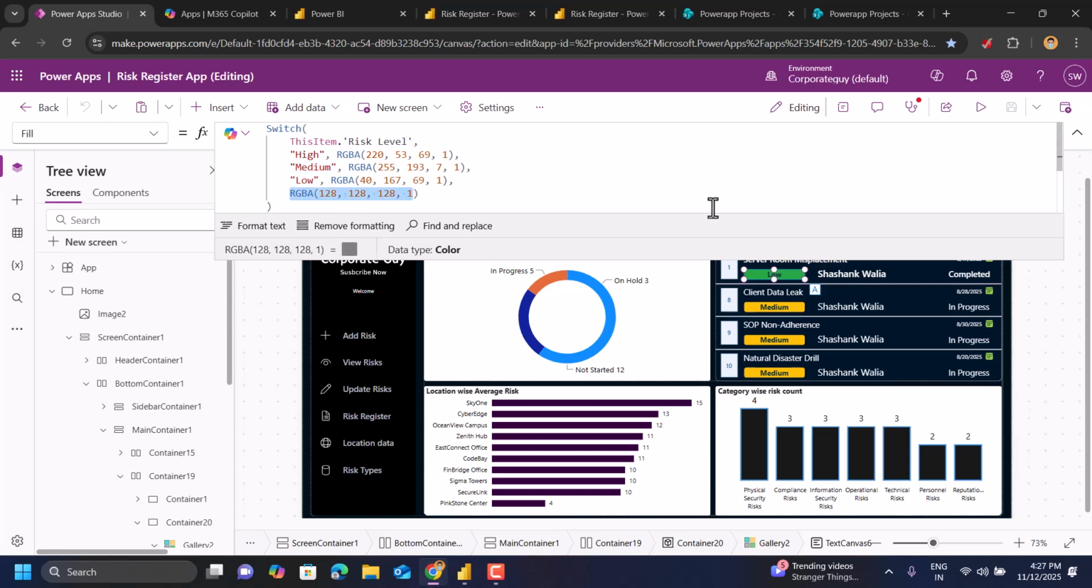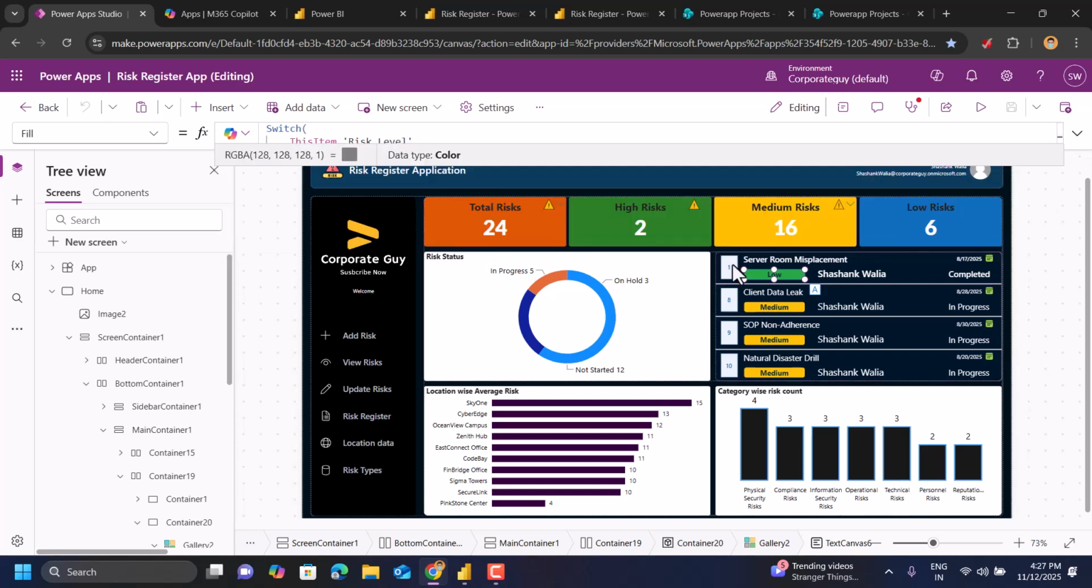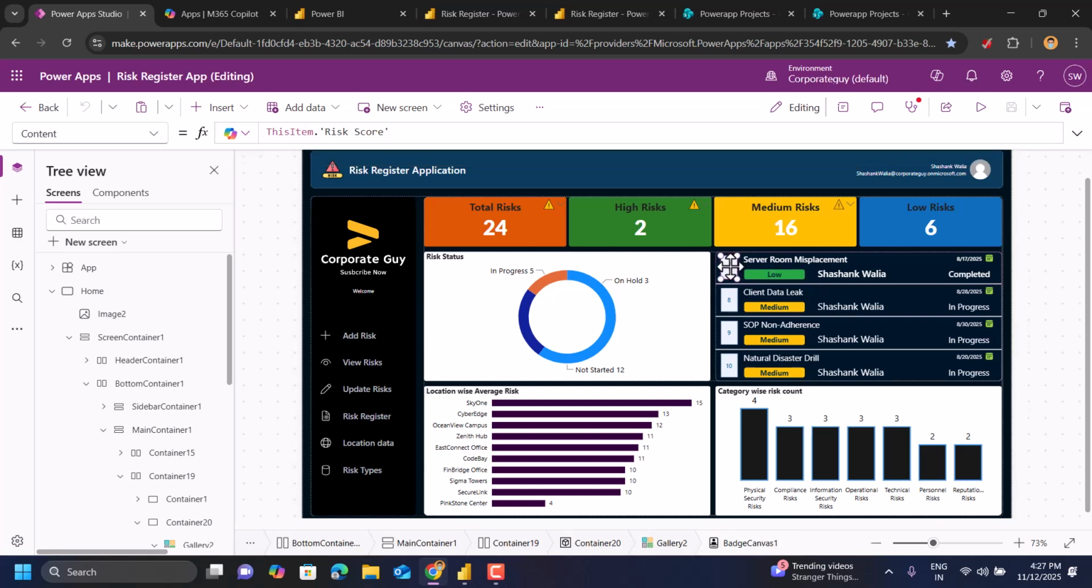So this is a switch function which is giving the color to this risk level, right? And then on the left hand side, I have this, which is a risk score. A similar thing has been done. I have just used a shape, this is a kind of,